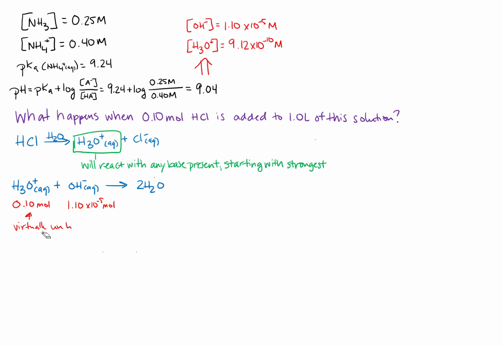Now that the hydroxide ion has been consumed, the next strongest base in solution is ammonia. The neutralization reaction will be hydronium ion plus ammonia forming ammonium and water. But why can we assume that this reaction will go to completion rather than just existing as an equilibrium